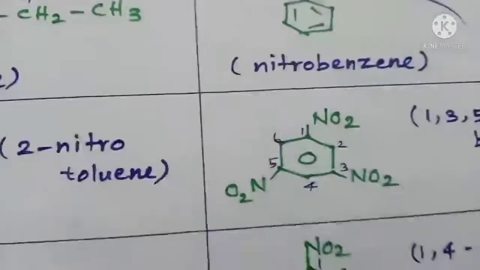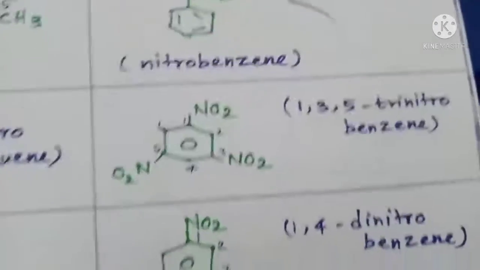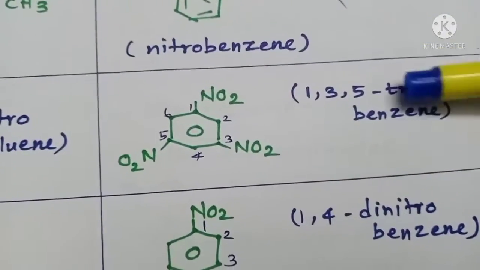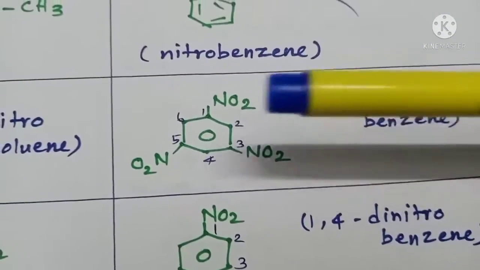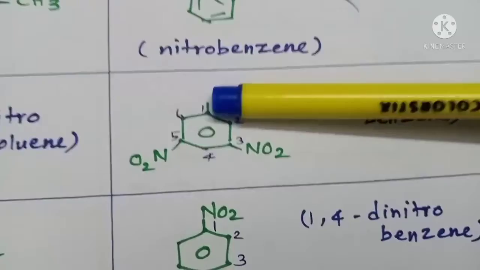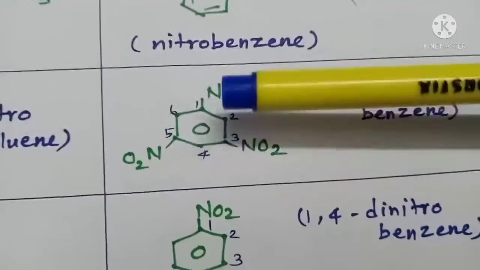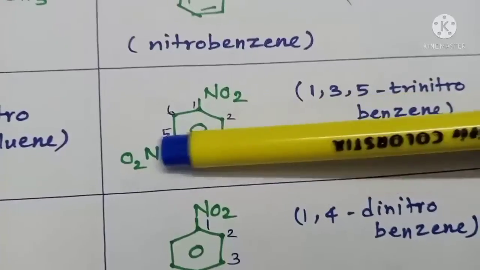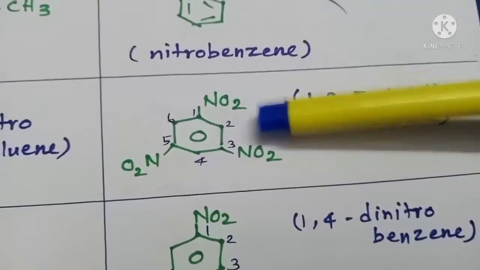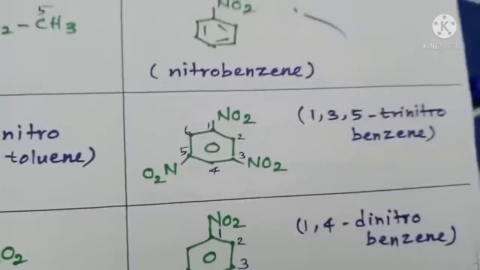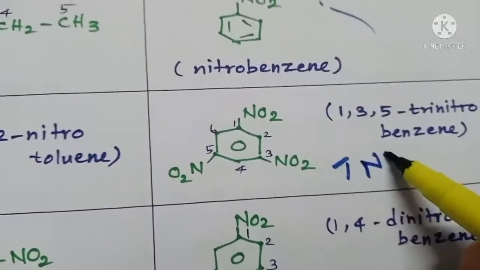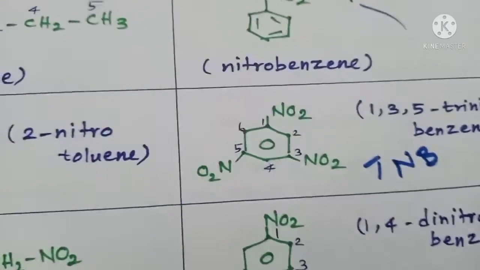Okay, right. Now we go for the next compound, a benzene ring which carries 3 NO2 groups, isn't it? So with 3 nitro groups, you can call it trinitrobenzene. When you give the number to the benzene carbons, you can start with any nitro group. I start from here: 1, 2, 3, 4, 5, 6. Now you can see the nitro carbons are getting numbers 1, 3 and 5, so 1,3,5-trinitrobenzene. This is the IUPAC name of this compound. It is simply called TNB also, a well-known explosive, trinitrobenzene.